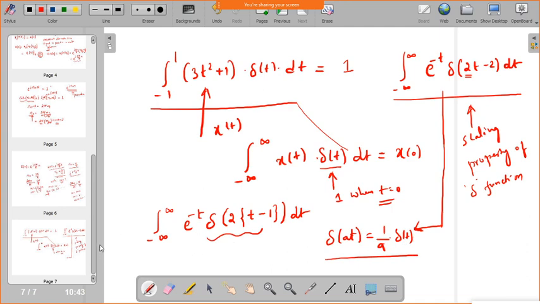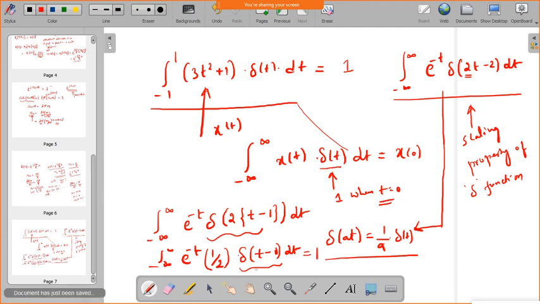So you will get the integral from minus infinity to plus infinity of e power minus t, 1 over 2 into del of t minus 1 into dt. Now you see this function, what will happen? Only at t equal to 1 will the function value exist as 1. Whenever t becomes equal to 1, it will exist. So now what will your function become? I'll take the next page.